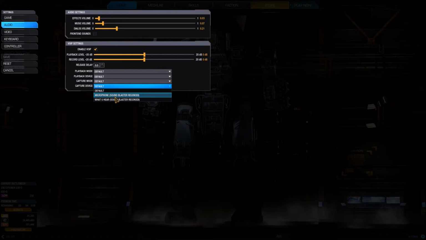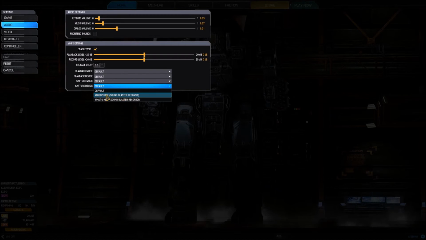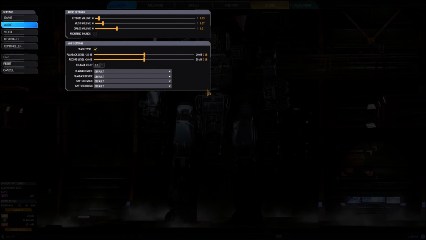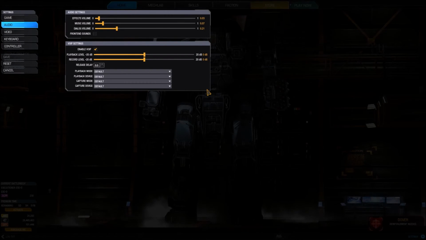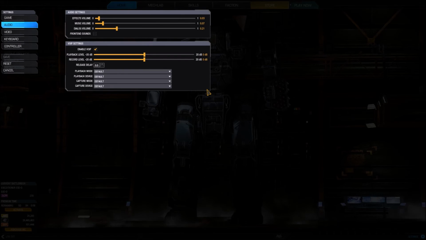So we have a default setting, and then we have my mic. It shows up twice because of the way my Sound Blaster card is. Something I have noticed, just want to let you know that the Sound Blaster software appears to affect this in a negative fashion. If I turn off the Sound Blaster software,